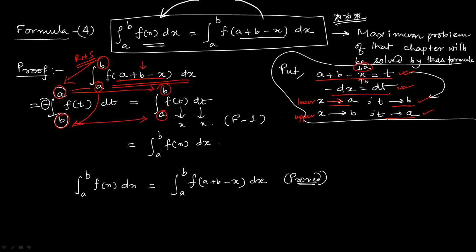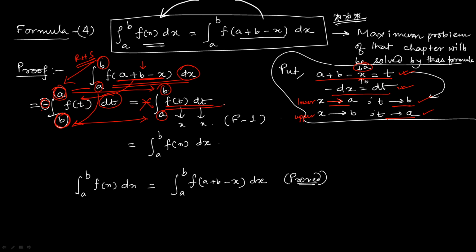Now this one, I have taken as t, and dx I know, dx is equal to minus dt. So dt I have written here and minus 1 is there. Now this minus I will make up with the limit interchange. When I am interchanging these two limits b and a, automatically this minus is gone. So this one we have got now.